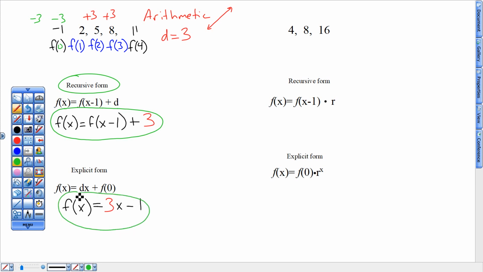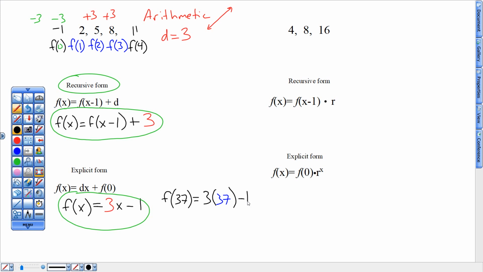We use this more often because this one, if you want to jump ahead in the sequence, maybe to the 37th term, that means I show it like that. That means that's the number I'm plugging in for x. So I take that equation where there x is, I replace it with 37, times that by 3, take away 1, will give me